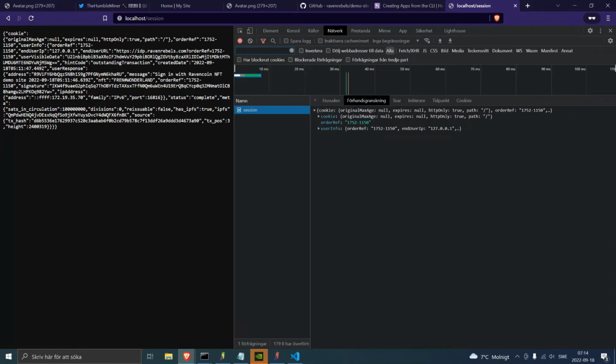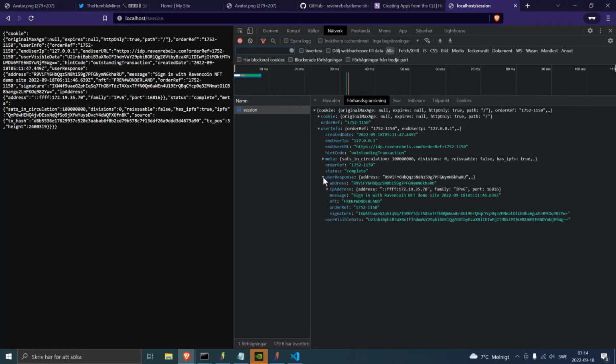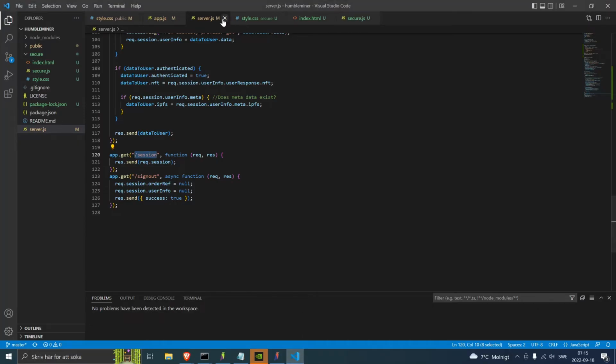Okay, so we know that if we make a request to session, we will get an object back which contains a userinfo object which contains a userresponse, and here we have the NFT. So that's the name of the user. So we should get the session data.userinfo.userresponse.nft. So in our